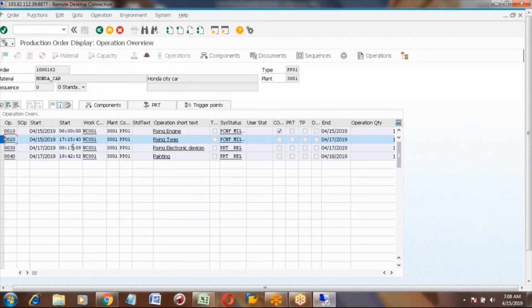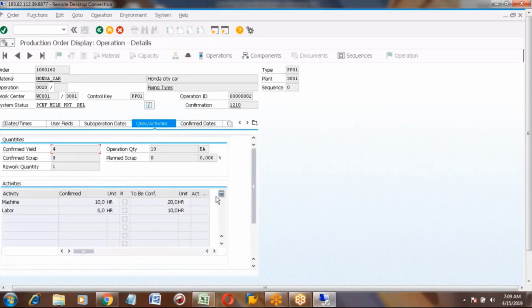If you want to see that, select this line and click the first button, operation details. If you click that button, here you can see quantity by activities. In this tab, you can see confirmed yield is 4 and rework quantity is 1.